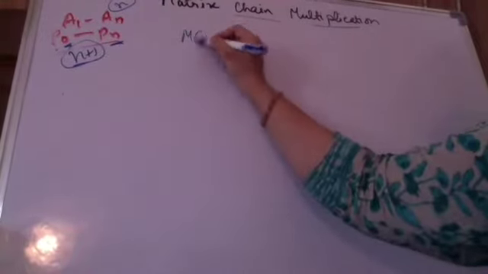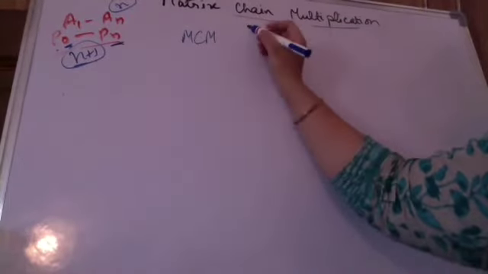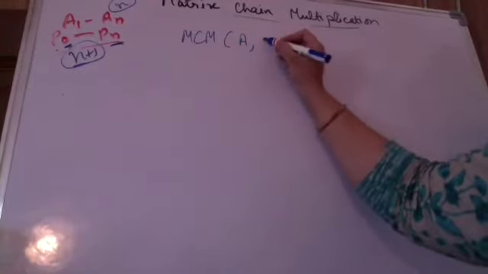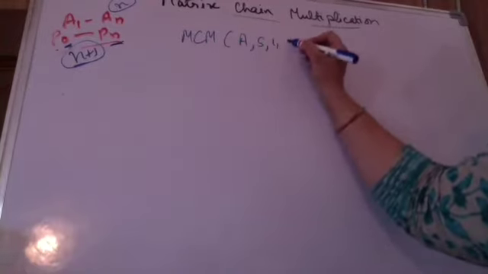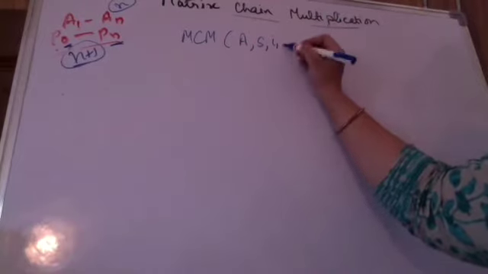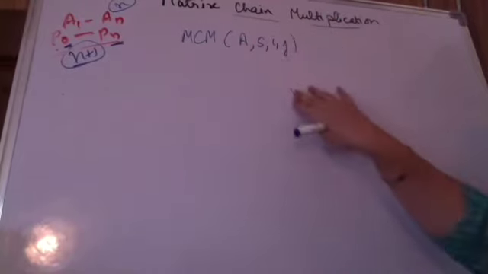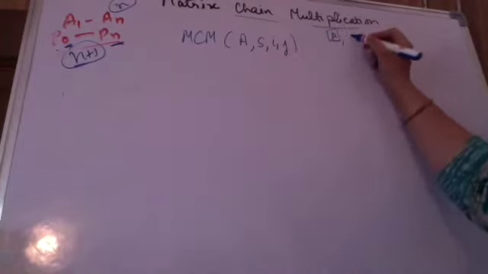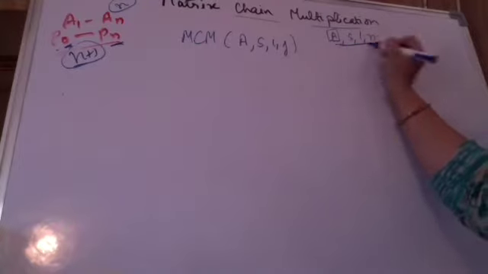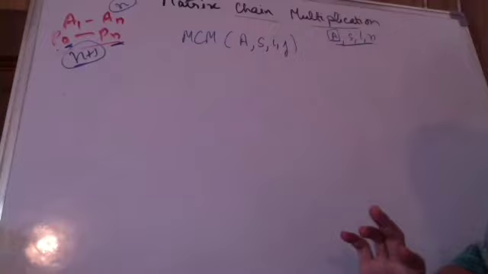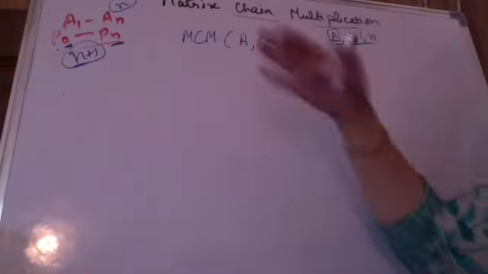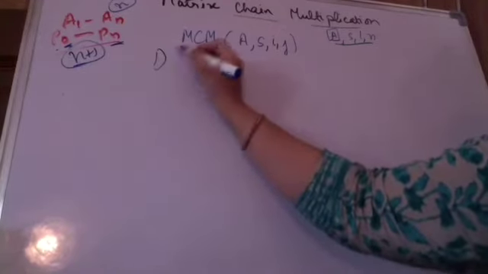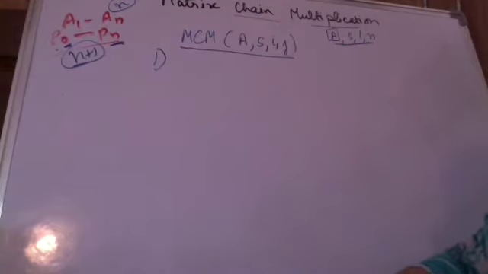So I'm having MCM, that is matrix chain multiplication, where I'm having the A, which is going to have all the matrices. I'm having S and I'm having i and j. Initially, matrix multiplication will be called for A, the entire S, and from 1 to n. I am defining it because we will be recursively calling it again and again. We have to bifurcate and call it recursively. So we are beginning with the algorithm for this matrix chain multiplication.